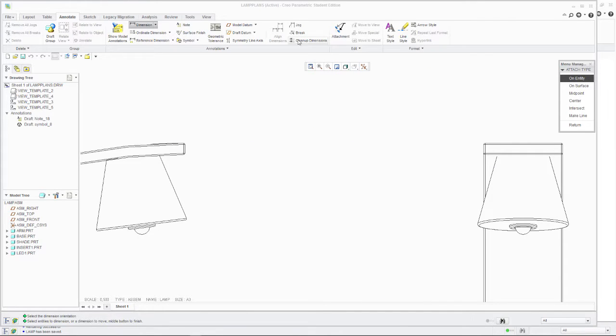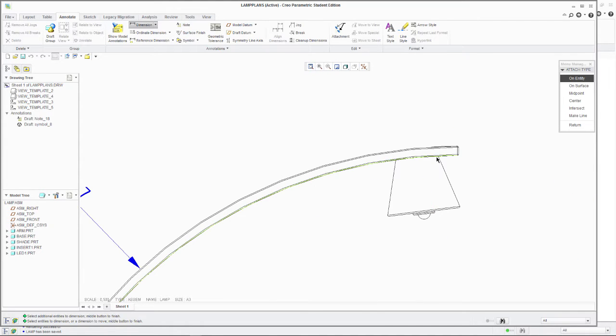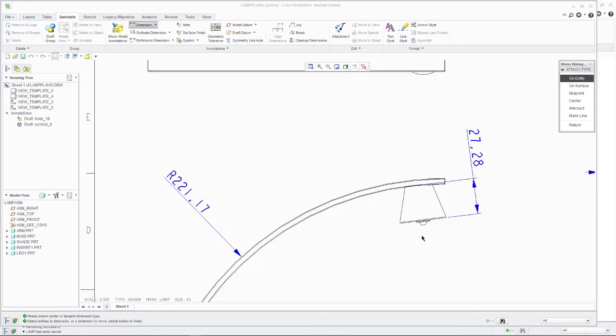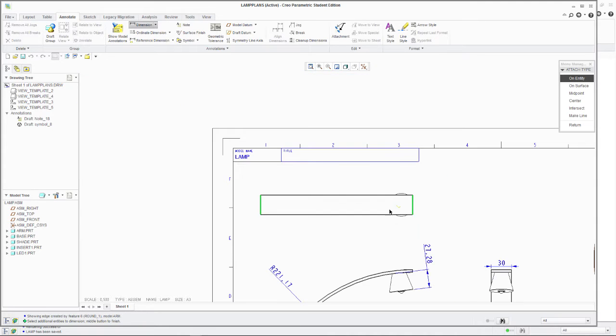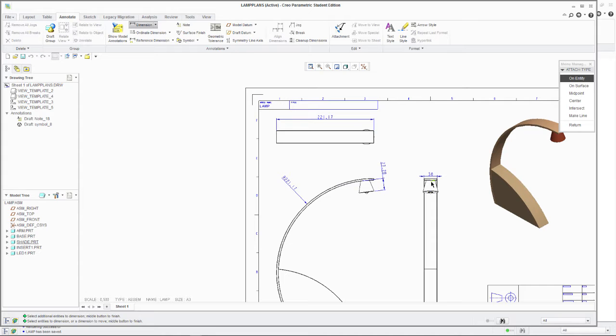If we click on there and on there, it gives us that dimension. Okay, we can do between there and there to see how far that comes down. Middle click, I think we probably want tangent, yeah, and it gives us that dimension. Right, we can click from there to there to give us that overall dimension of our lamp that way, and we can click from here